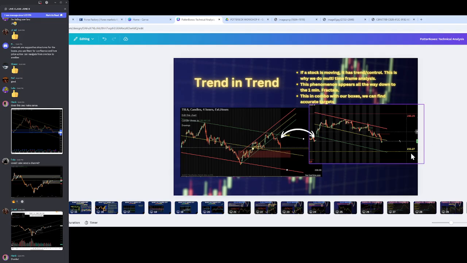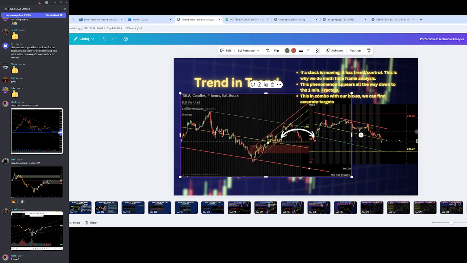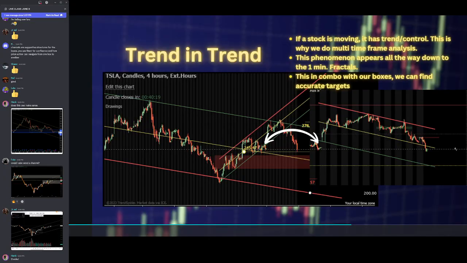Yeah, no problem. But this is just the fractalization of those channels. So let's say we wake up and we're like, all right, Tesla has given us multiple rejections off the top. I know that we're in that downtrend and that we hit it. So trend is always true, right? We're hitting that rejection mark.